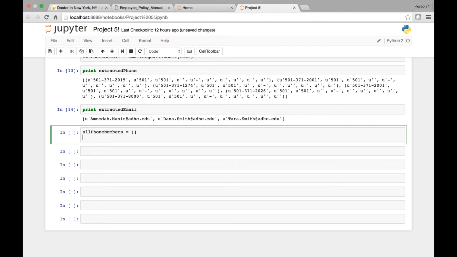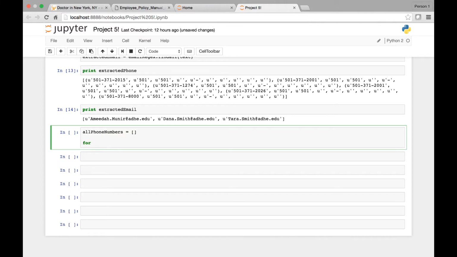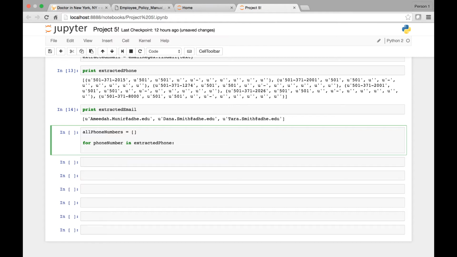So I can say for phone number in extracted phone, all phone numbers dot append, so I'll append phone number